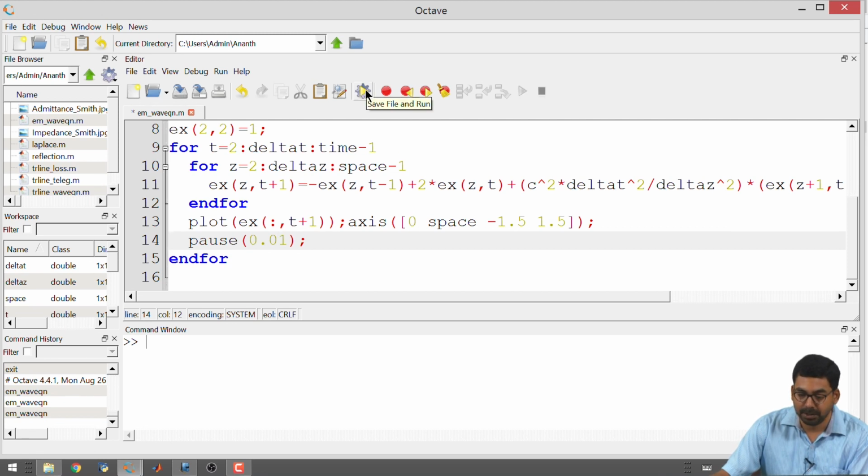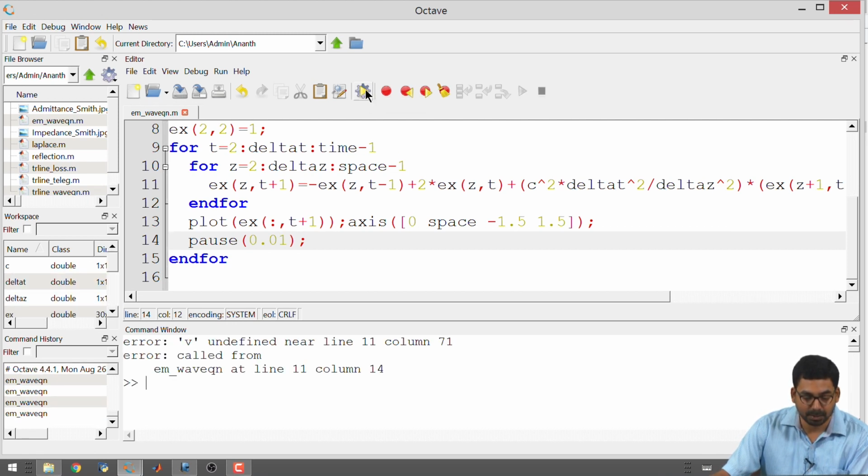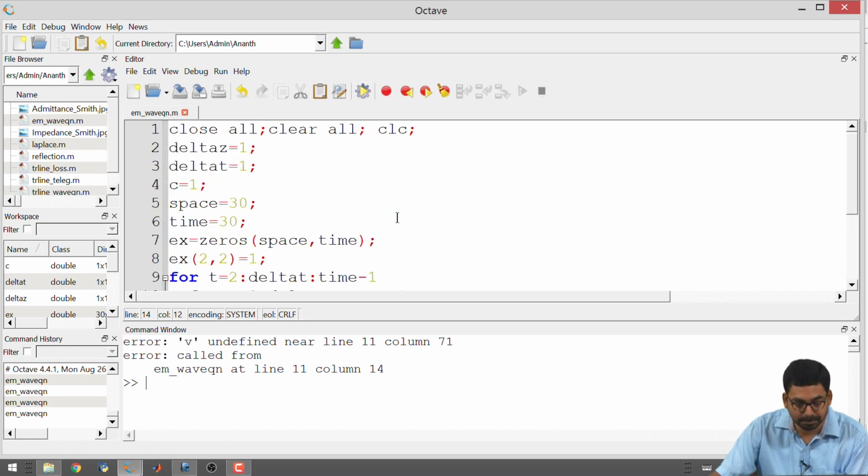Just to be sure that I have replaced everything correctly, I am running this once. There is a V somewhere, so I am just going to change that.